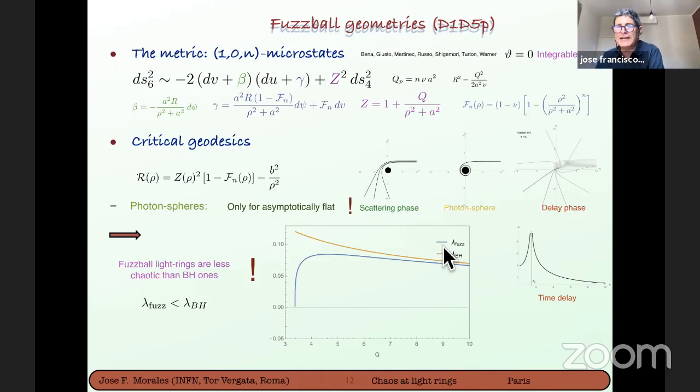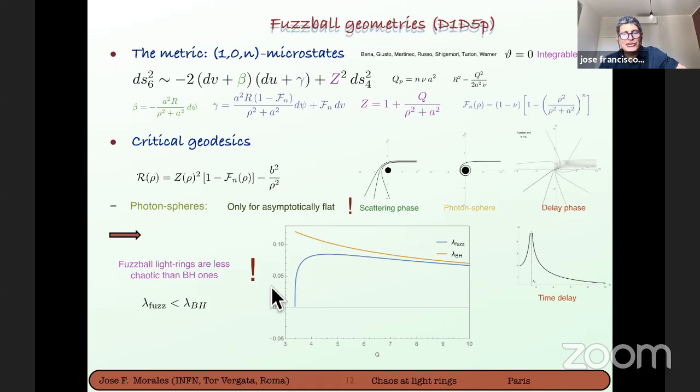You see here, sometimes they approach. For A, we have seen already. Unfortunately, I didn't have this picture for A, but we drew it in the paper. I have seen a similar picture for A, and you see that of course they get close. Sorry, just to clarify, I think the lambda of the black hole here is for the D1, D5, P supersymmetric black hole to which the... oh, thank you. Then that answers my question. And also the fuzzball is an extremal solution.